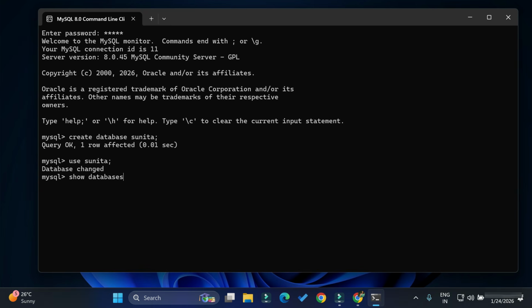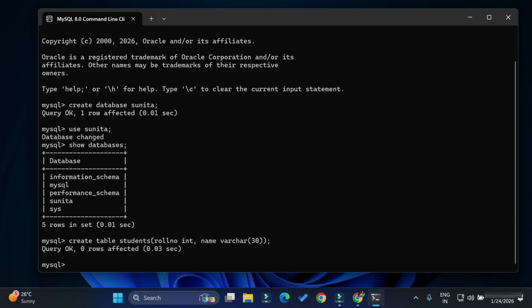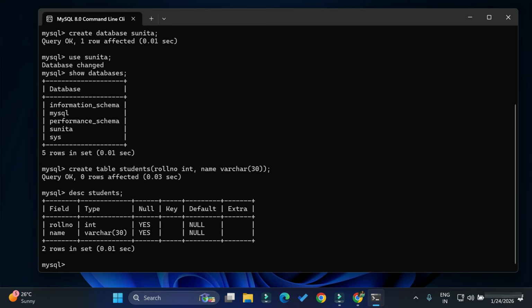Okay, now in this, I'm going to create my table. You can show the databases also by using the show databases command. For creating a table, I'm going to write the command create table, and then I'm creating my favorite table students, and in that I'm creating a column roll number. I'm giving the data type as integer, and the second column I'm giving as name and varchar. You can provide varchar 20, 30. I'm providing the maximum for name. After that, close the parenthesis and put a semicolon guys. Now your table is also created.